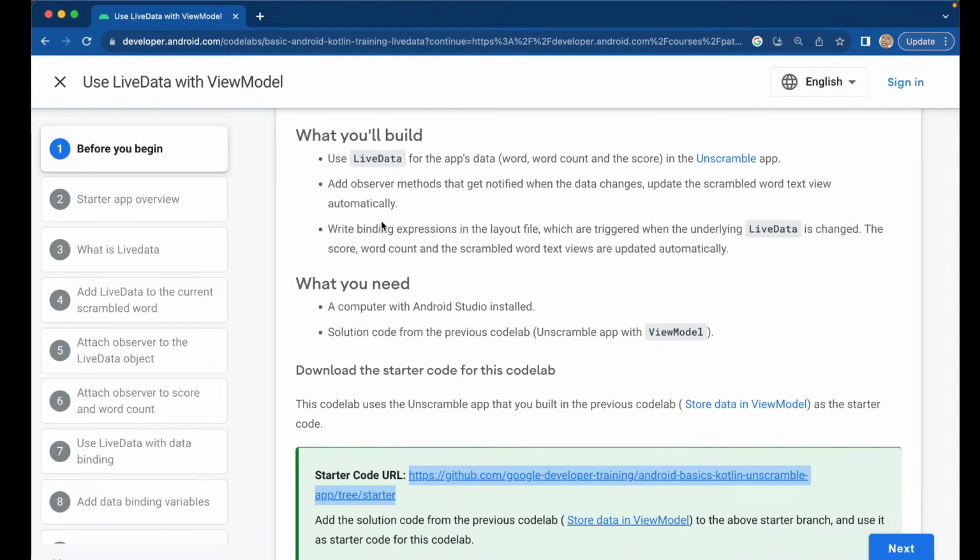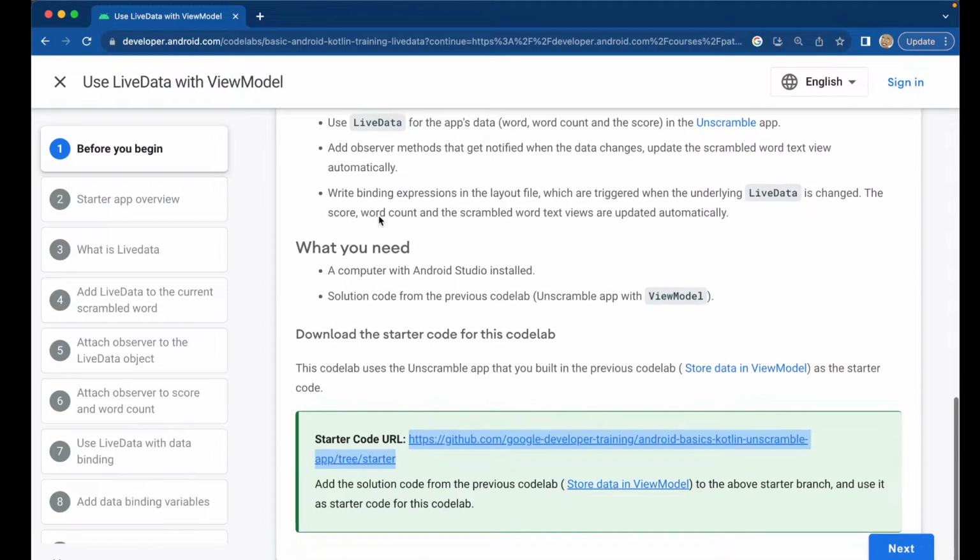What you'll build: use live data for the app's data, word, and count score in the Unscramble app. Add observer methods that get notified when the data changes. Update the scrambled word text view automatically. Write binding expressions in the layout file which are triggered when the underlying live data is changed. The score, word count, and the scrambled word text views are updated automatically. What you need: a computer with Android Studio installed, solution code from the previous code lab,